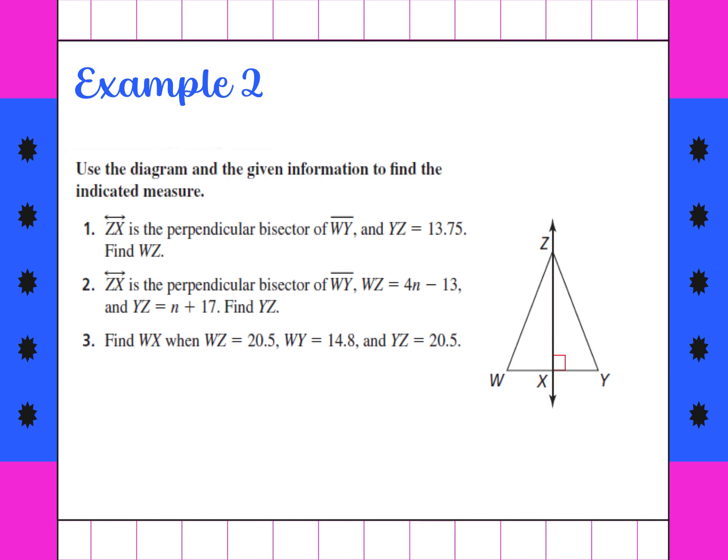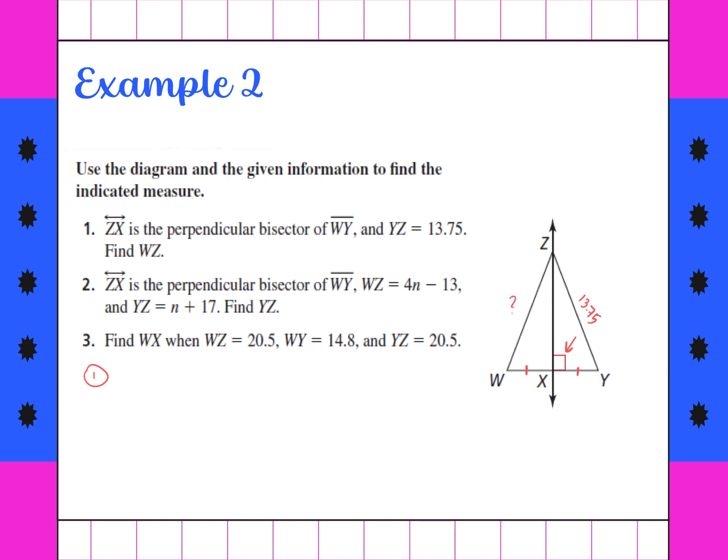In example 2, they want me to use the diagram and the given information to find the indicated measure. So I'm going to go one at a time. In number 1, they tell me that line ZX is the perpendicular bisector of WY, which means that it's perpendicular here, but it also means that WX and XY are going to be congruent. In the drawing, it also tells me that YZ is 13.75 units long,